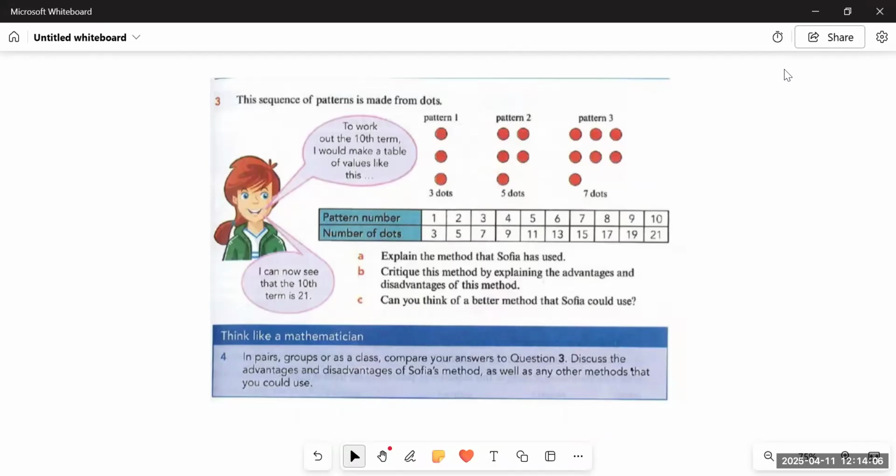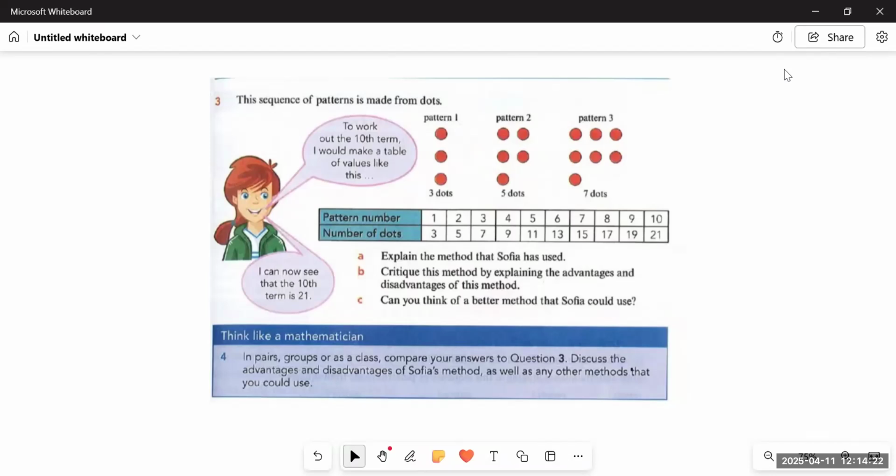So the question says the sequence of patterns is made from dots. As you can see, in pattern 1, we have 3 dots. In pattern 2, we have 5. In pattern 3, we have 7 dots. So if you just find the pattern, you'll find that every time 2 dots are added from the previous pattern